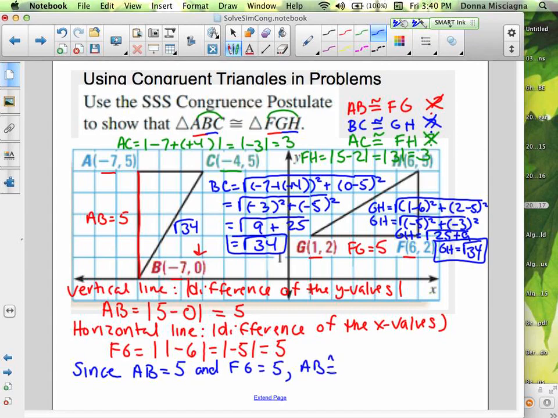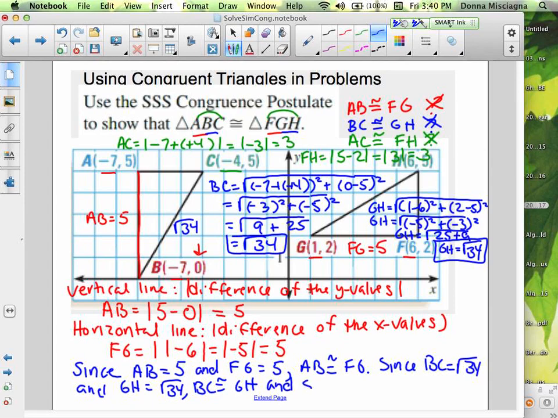AB is congruent to FG. Since BC equals the square root of 34 and GH equals the square root of 34, BC is congruent to GH,